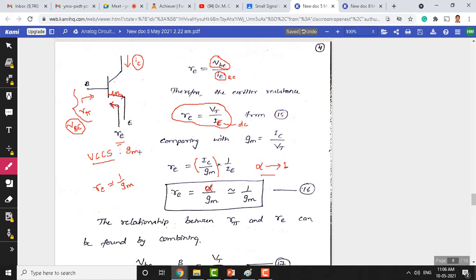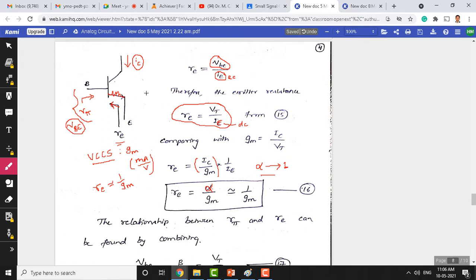We already set the unit for this. Since it's a current, it's ampere, and input is going to be the voltage, so ampere per volt. In this case, since it's a transistor, the unit will be milliampere per volt. That is the unit for the transconductance here. Generally, we expect transconductance to be a larger value for the BJT. We also said that compared to MOSFET, BJT has higher transconductance here.